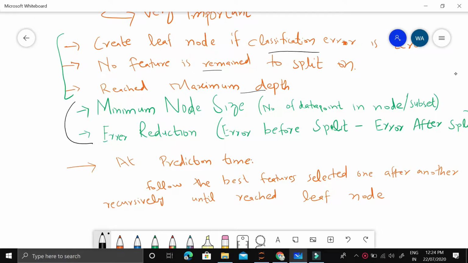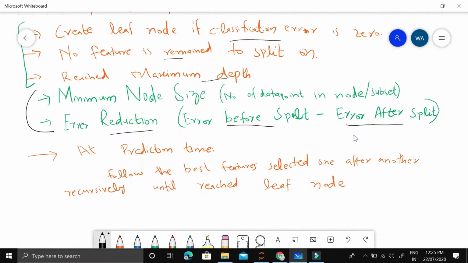One is the minimum node size, where we want to look at the data points in the node or subset of data, and if the number of data points is below some value, we want to stop the recursion, and we want to create that node a leaf node. And the same way we'll look at the error reduction, error before split minus error after split. If the reduction is less than some value, we want to stop the recursion because we don't want to